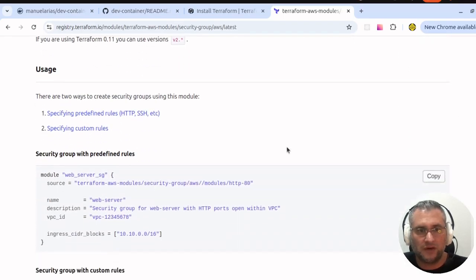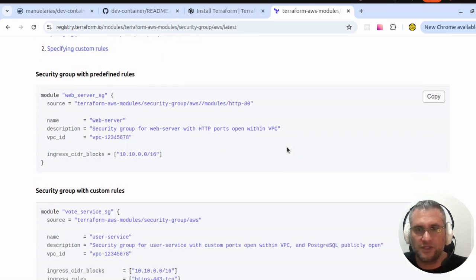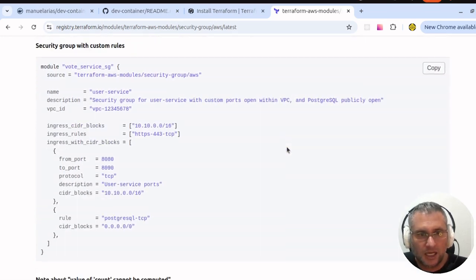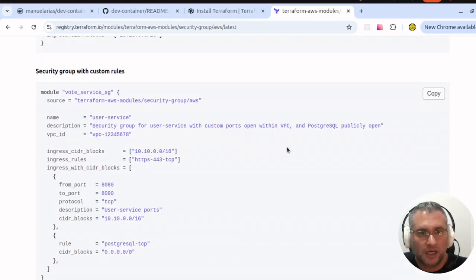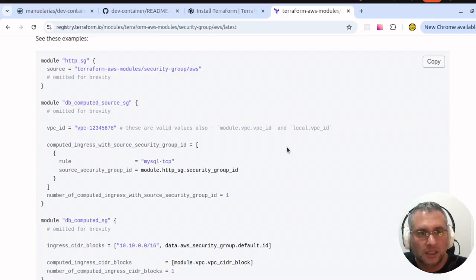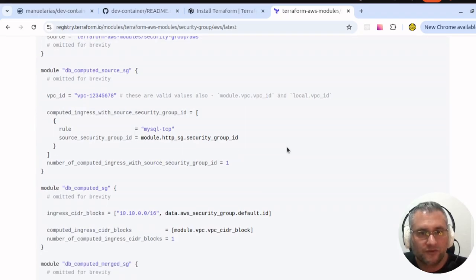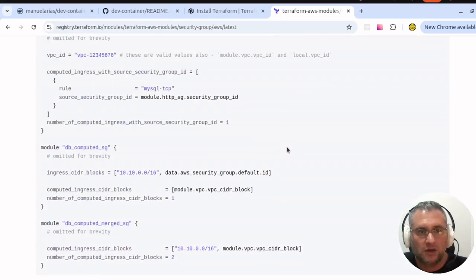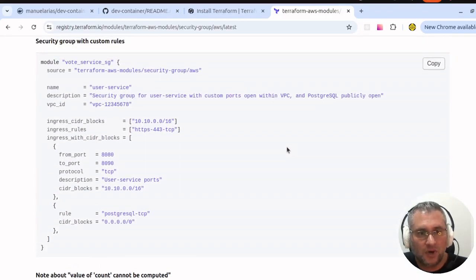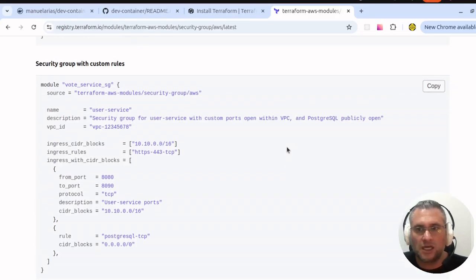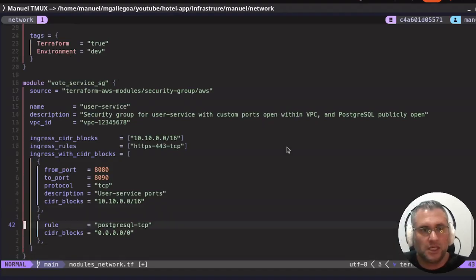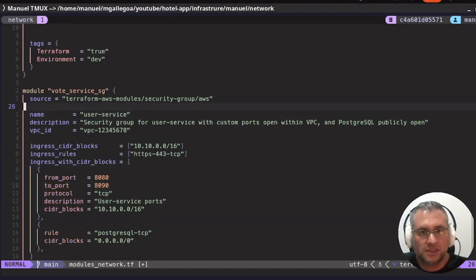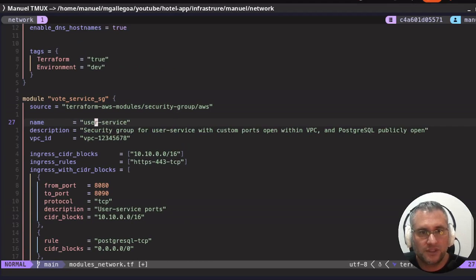And here we have one example of the definition. Let's copy this example, it is more accurate. Let me check what is best for our purpose. Okay, let's copy the second one because I can see the ingress rule. Let's copy and paste. Here I'm going to change the name of the security group,